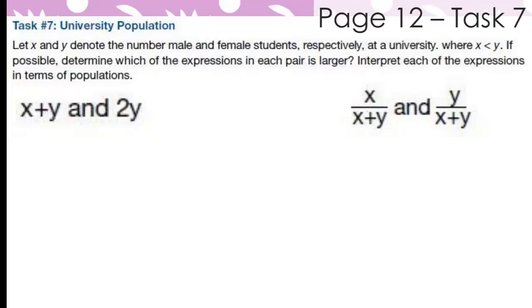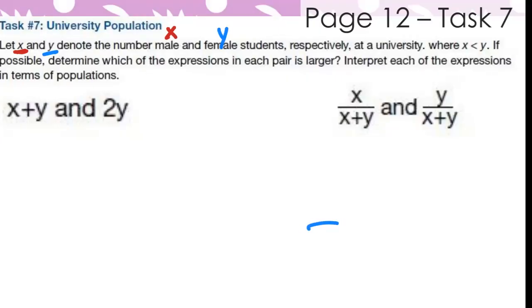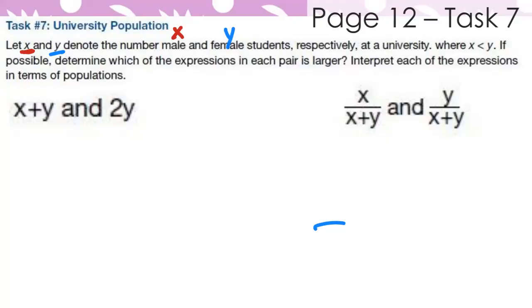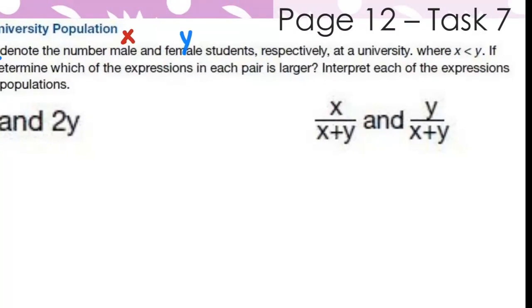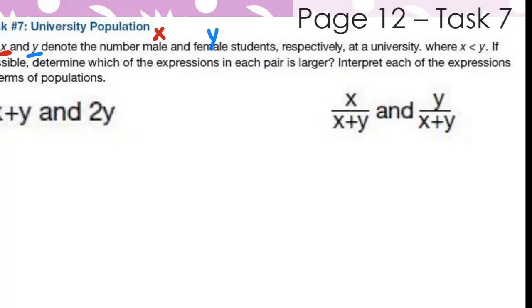Okay, so if you remember, we have x is our male students at the college or university, and y are the female students. And we need to describe what is happening for each of these expressions, okay? So we have x over x plus y and y over x plus y. And we know that x, the males,